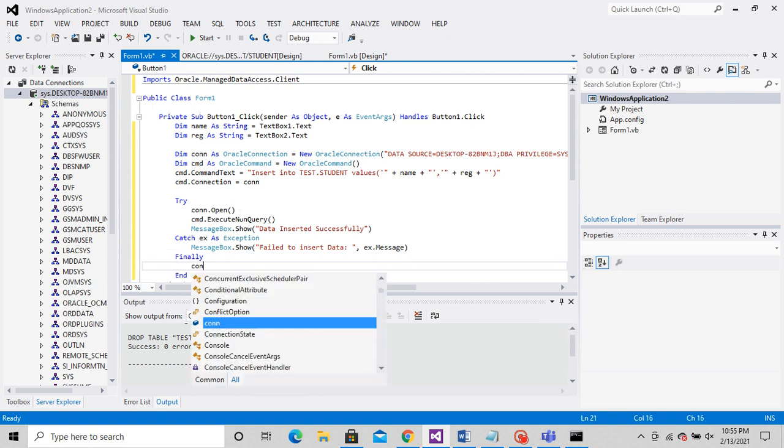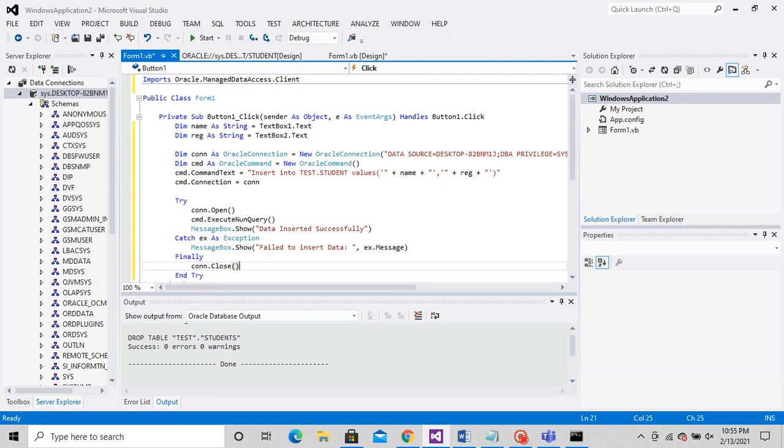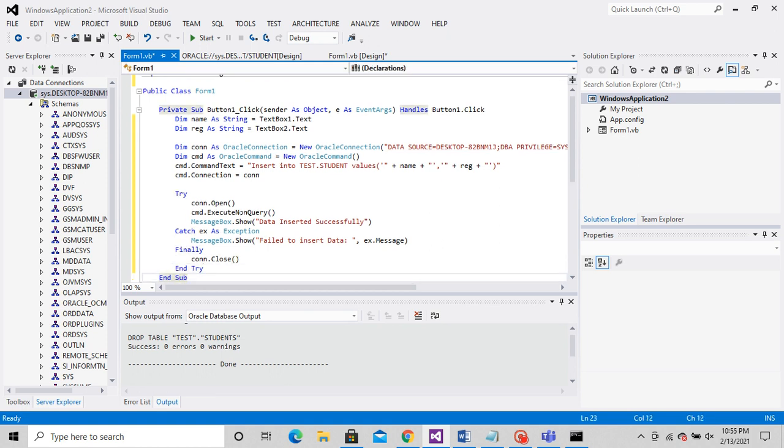We know that irrespective of whether a runtime error is there or not inside our try block, finally will always be executed. So in the finally I have closed the connection. You can just follow the same code to insert the data. After this it is done, students.